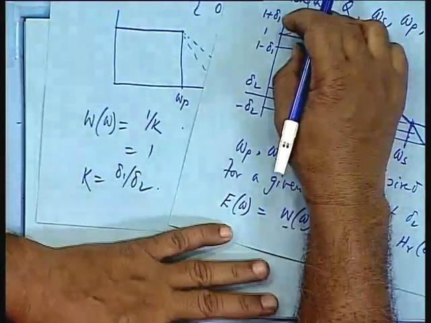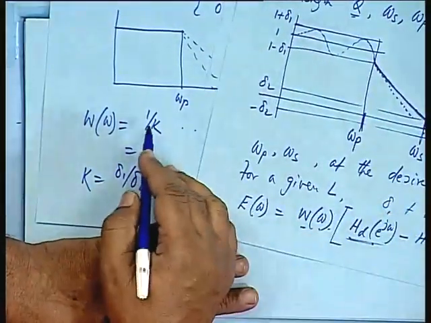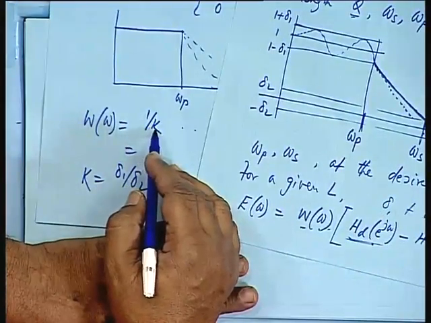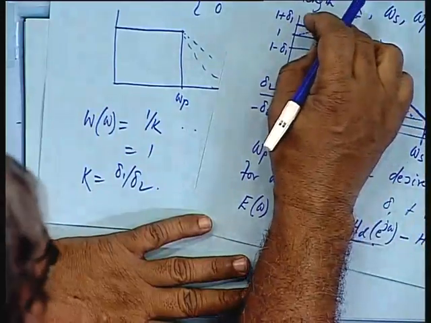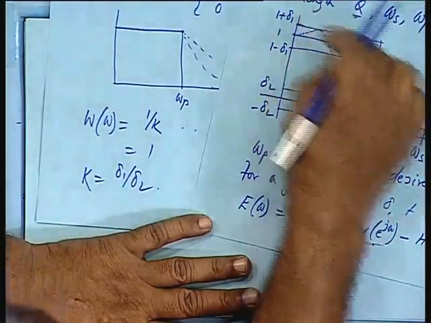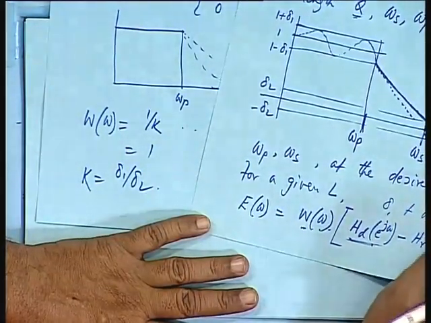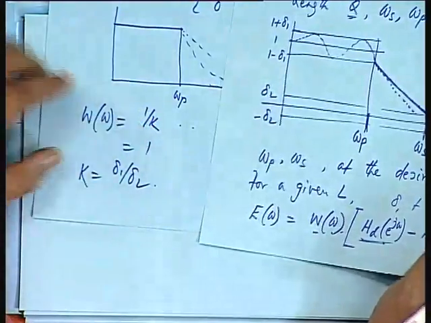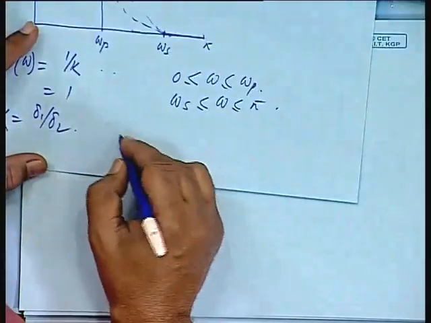So, if delta 1 is more, we are having a factor 1 by k, inverse of that. That means, we are giving less weightage to this deviation. So, that basically we are normalizing this, is it not? With this factor, if you see the error function